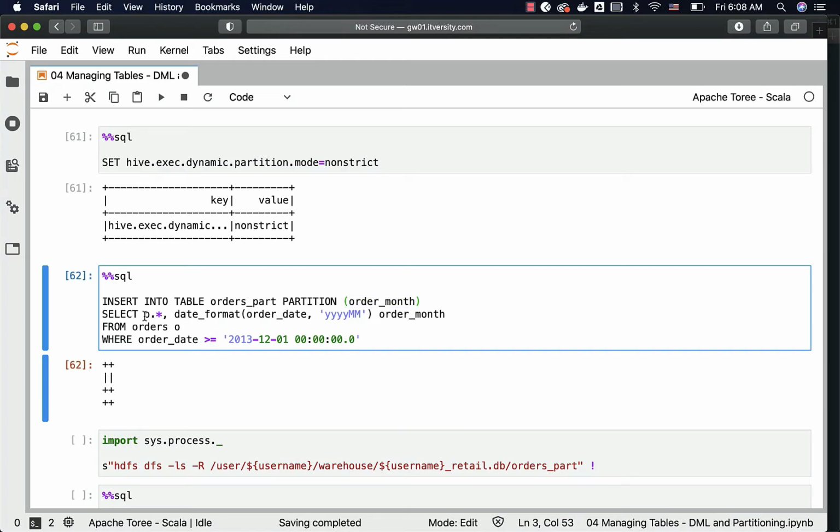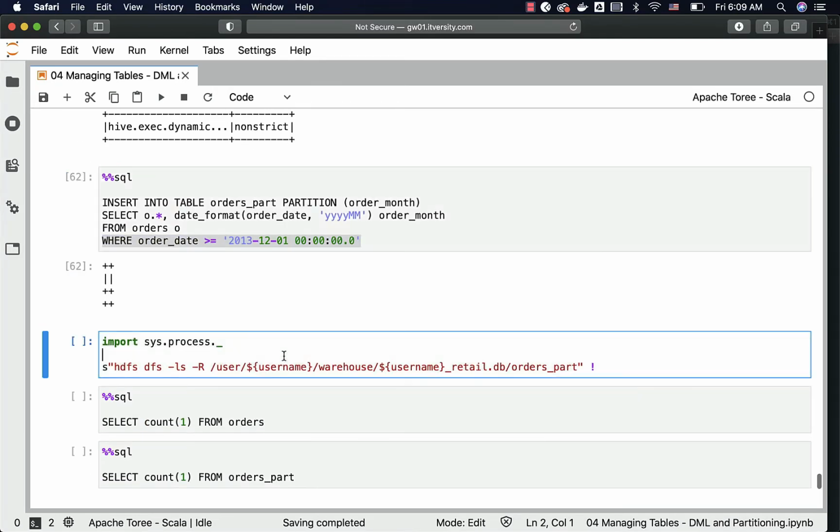Then when it comes to the select clause, on top of the fields which we are selecting from the underlying table, we also need to have the logic to get the right order month here. So this is the logic which will get the right order month, and also as the table already has the data related to 2013 July till 2013 November, I am interested only in copying data from 2013 December 1st. That's why I am having this condition. So you need to filter the data which you want to insert, and it will apply the dynamic partitioning using this data, and it will try to get the data into the table, and also it will actually create the partitions on the fly.